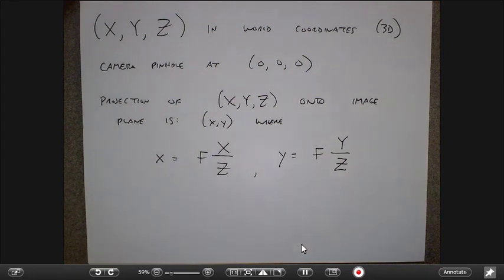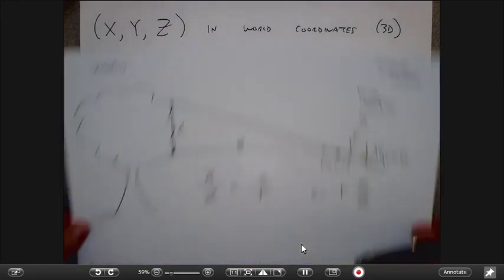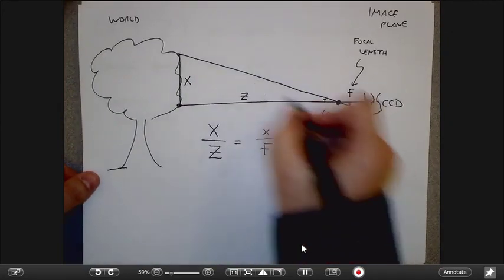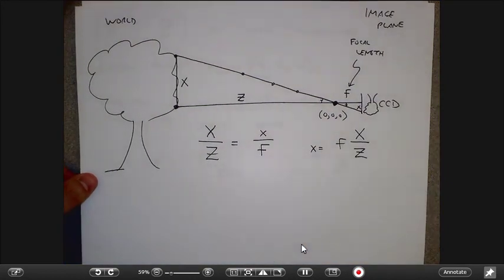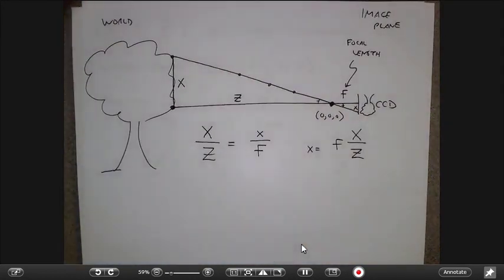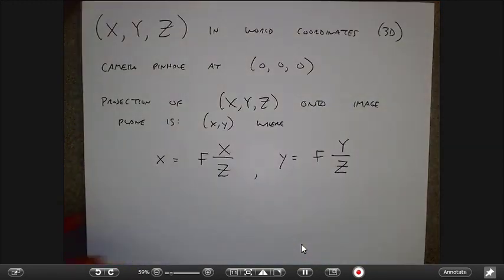One thing to notice is that any point along this ray will get projected onto the same point on the CCD. So in some sense, when I send rays out into the world, they are going to hit the first thing that they see, and that's what gives the image coordinate its color. That's mostly true, although there are certainly complicating factors, like if you have a transparent object that the light ray passes through, then maybe I have some color that comes from the transparent object and then some color that comes from what's behind the object. We're not going to go into that kind of detail, but the main thing I want you to get at